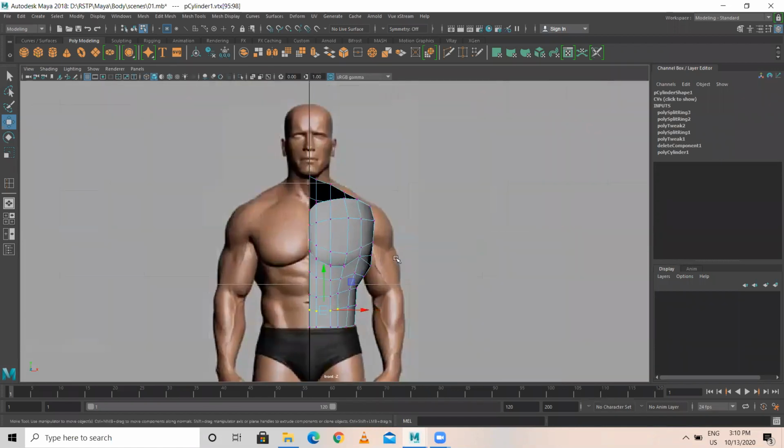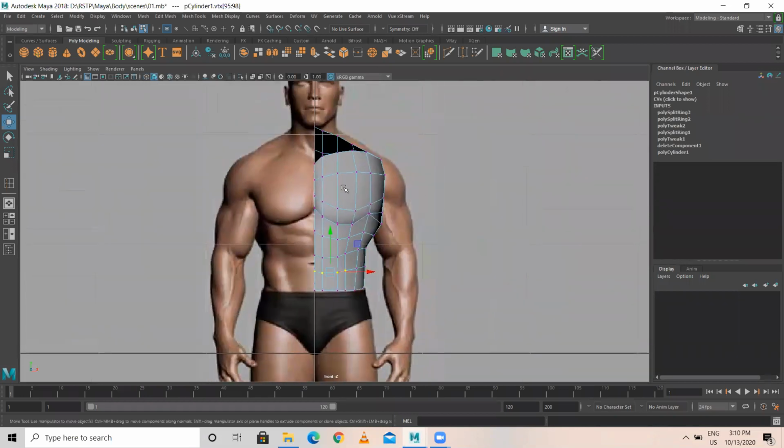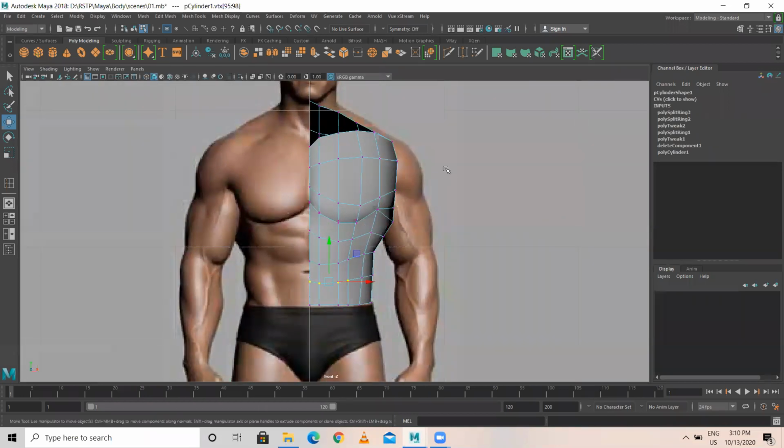So I need to work by shifting modes, wireframe mode and object mode, both. Okay, I'll be doing it now.